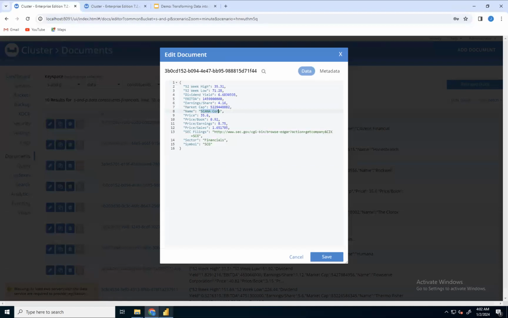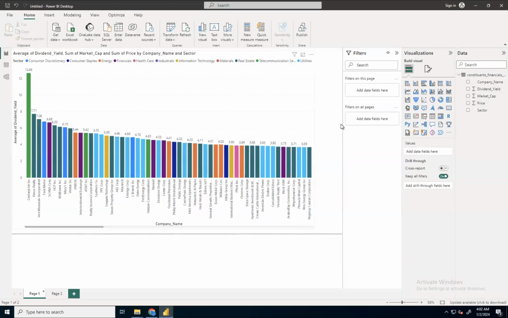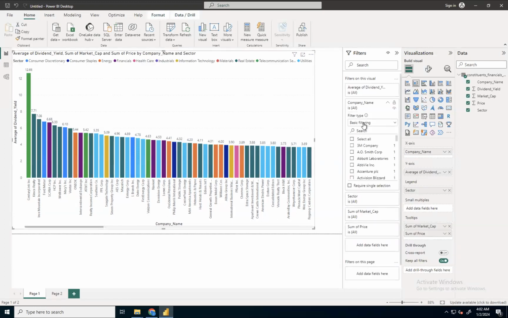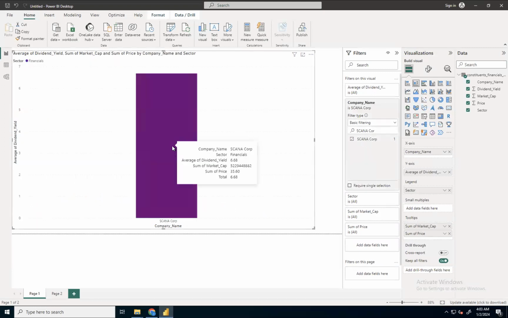If I check it here, yes, the company belongs to financials as of now.